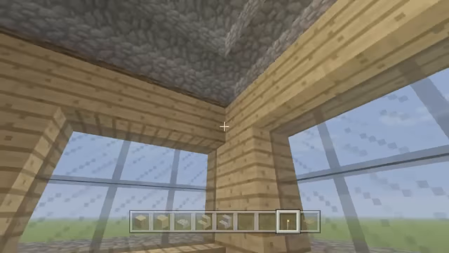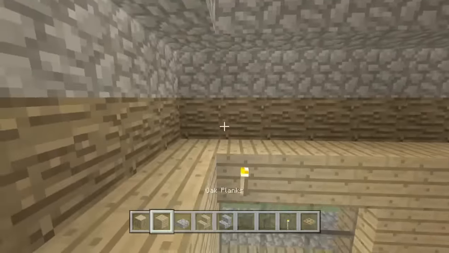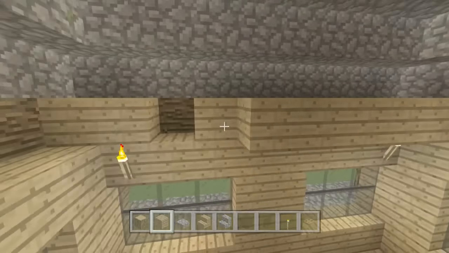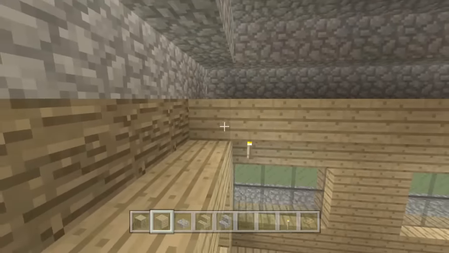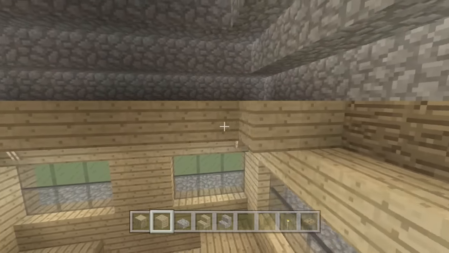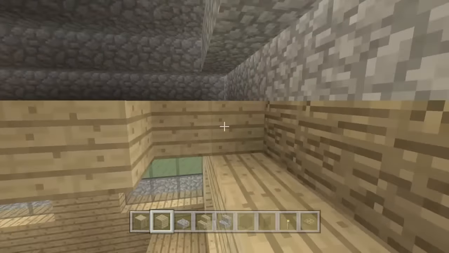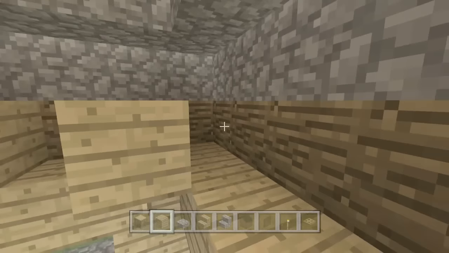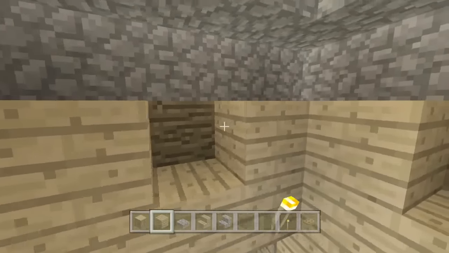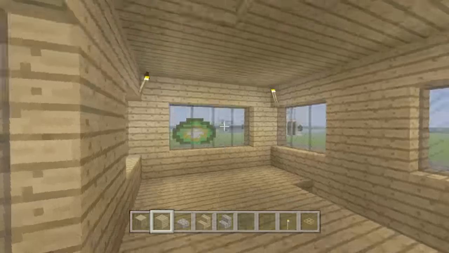And we'll also need to add a ceiling in here. So we'll grab our oak planks and we'll just fill it in even with the logs so that we can have 4 blocks of space, so we can have plenty of headroom. Alright, now that we pretty much have that filled in,